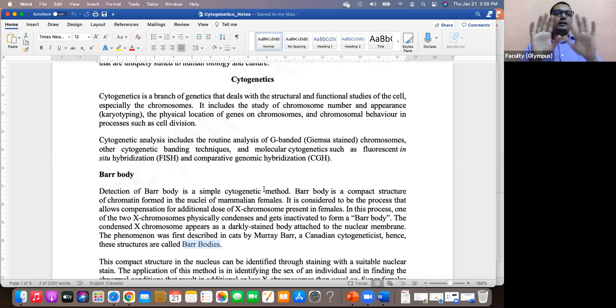What do we mean by inactivation? Inactivation means too much condensation. It actually undergoes so much condensation, it gets compacted, that no enzyme can read it. So it becomes completely compacted. This is a general understanding, and there are deviations to that. So it becomes compact, it becomes condensed, thereby getting inactivated, and in a theoretical sense, no products will be made.